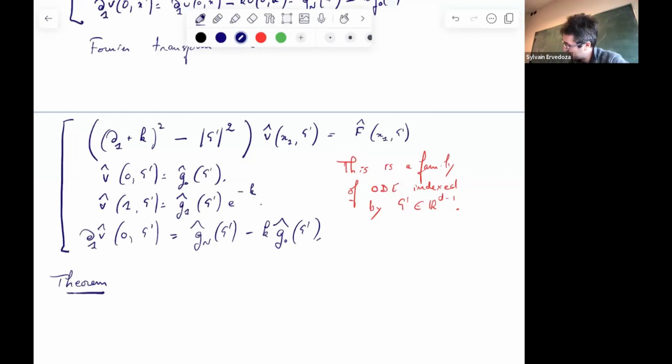Okay, but I will state it first in u. So there exists a positive constant C such that for all k larger than 1, and for all u in H2 intersected H10 of omega,